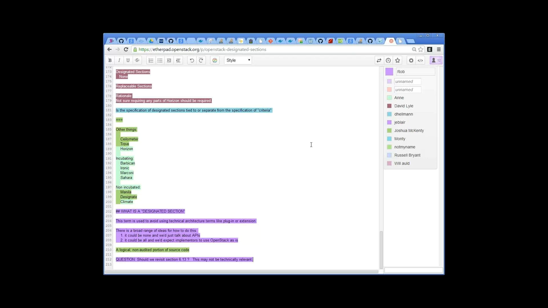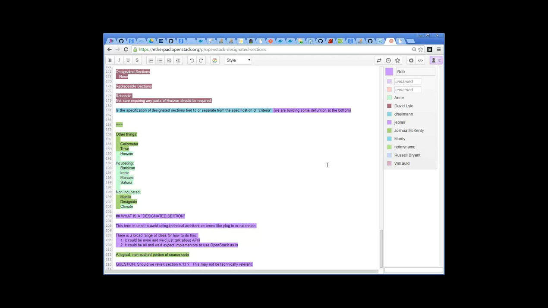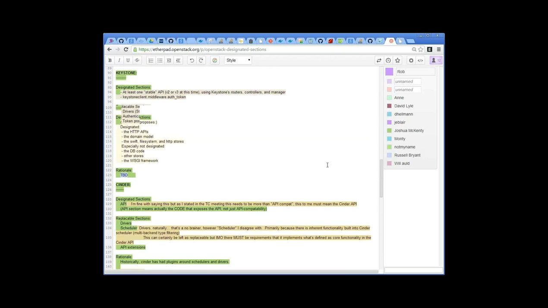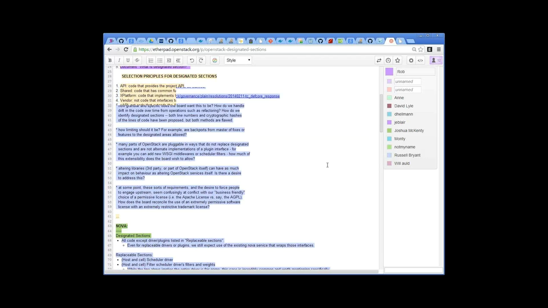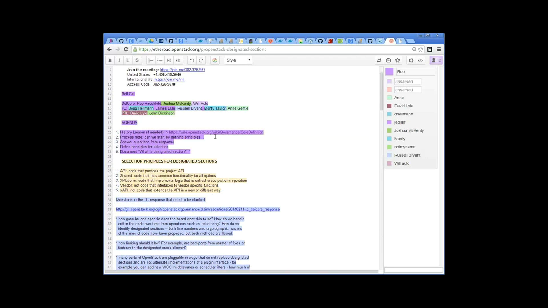This also maps to a bylaws requirement that the vendors always publish what version of the code of each of the core OpenStack components is included in their product. So the goal is to say, I'm running Grizzly or Grizzly Stable as of 2013.1 or whatever it is of Cinder and Nova, but I'm running Havana of Horizon, or whatever the mix and match may be. That's required to be available as part of documentation.